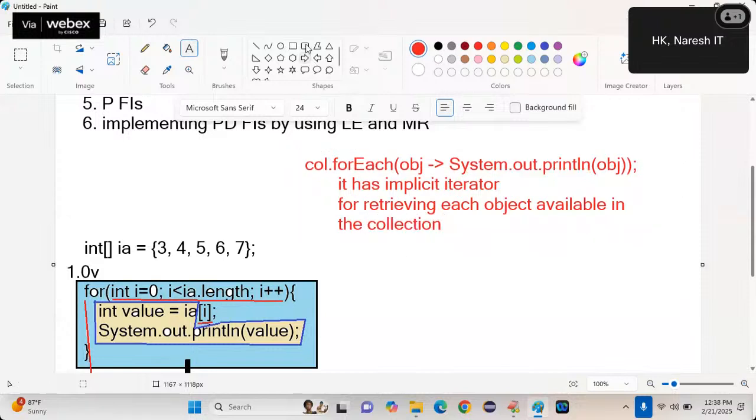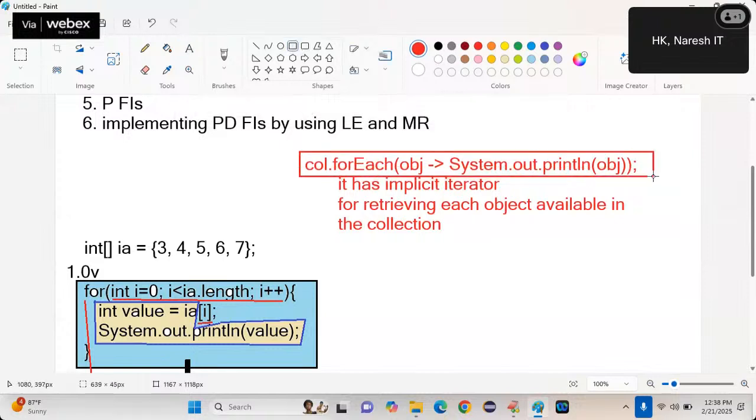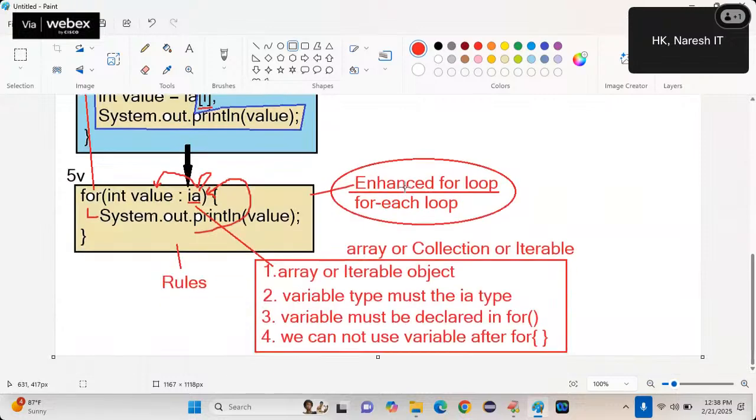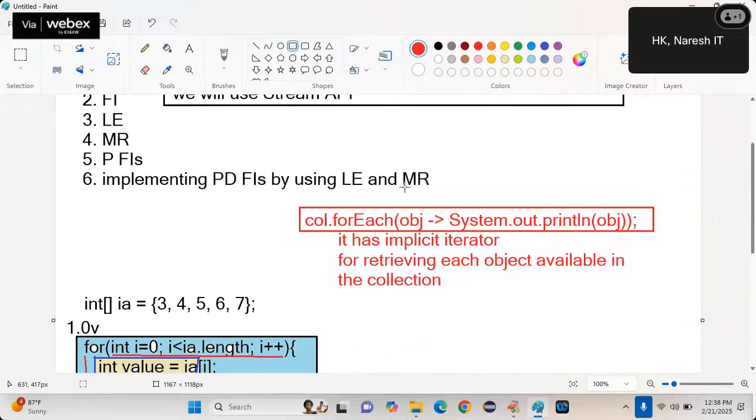You call the forEach method only one time, but implicitly it has an iterator that will retrieve each object from the collection and return it. Shall we try an example on this? How many lines did you write for the for each loop? 3 lines. But here how many lines for the loop? 1 line. But it's a new syntax. With new syntax, always a little confusion will be there. Slowly you will get habituated, and you will start hating the old and start loving the new.